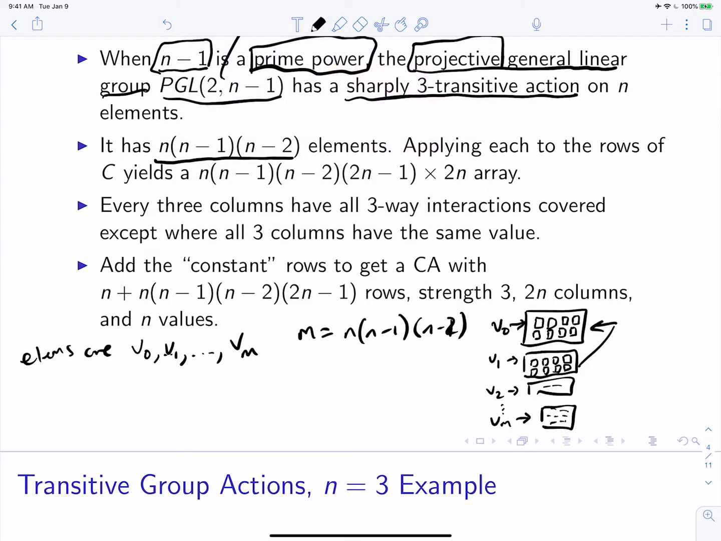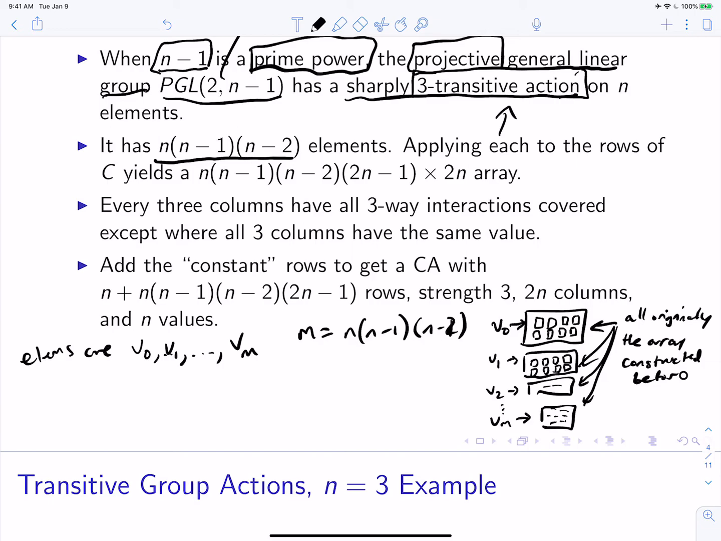So each of these initial arrays right here, before we apply the element of the group, are all originally the array constructed before. So we take the array that we constructed before, make a bunch of copies of it, apply each of the elements of this giant group to each of the copies, put them all vertically on top of each other, and what we can guarantee based on the structure of the group and the fact that it has this special property called the three transitive action, actually sharply three transitive, is that every single three-way interaction appears